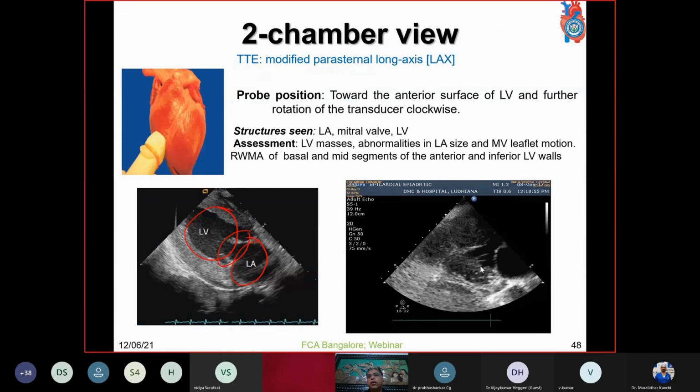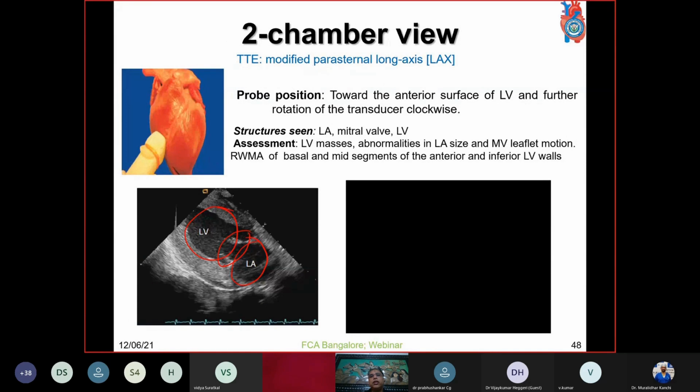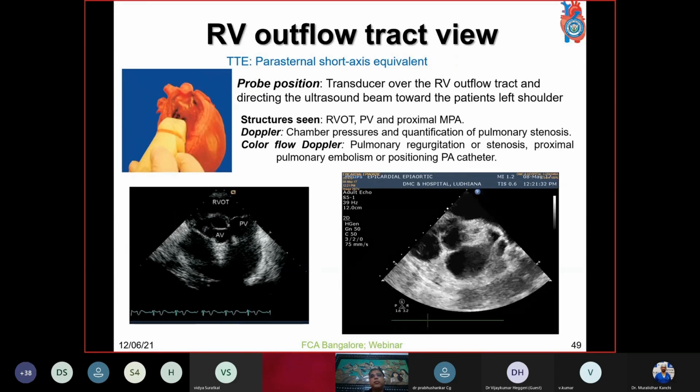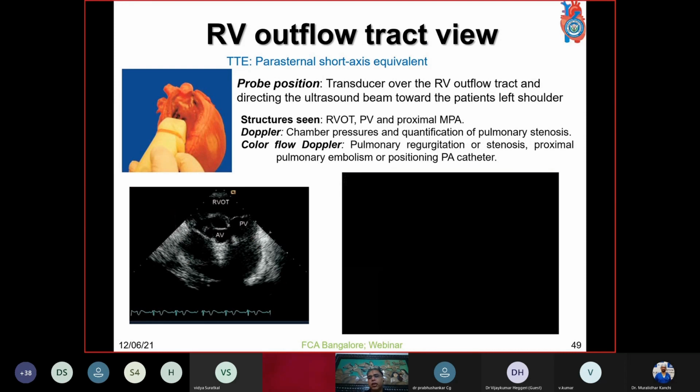Yeah, this is how it looks on the screen. The left atrium, mitral wall, and the chordae tendineae. Again, in this view, the papillary muscle, the chordae tendineae, and the attachment to the mitral leaflet can easily be seen because the ultrasound is lying perpendicular to the surface of the chordae.